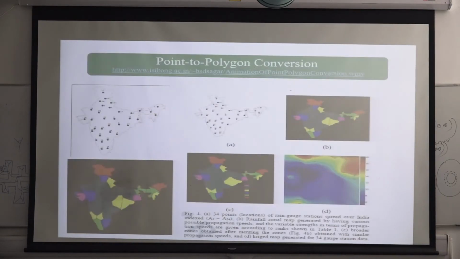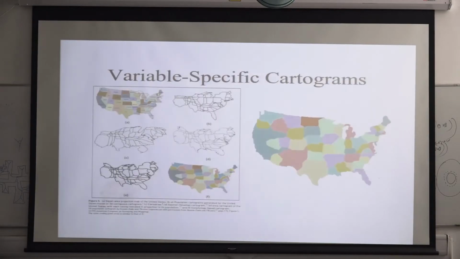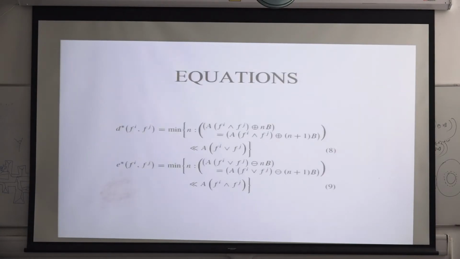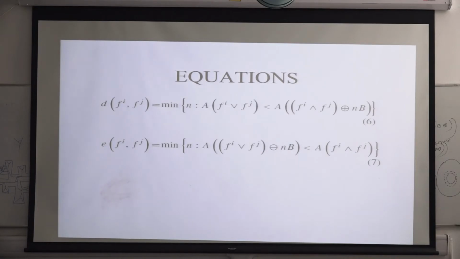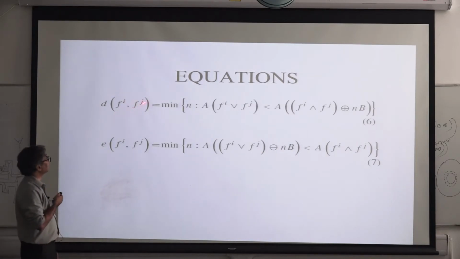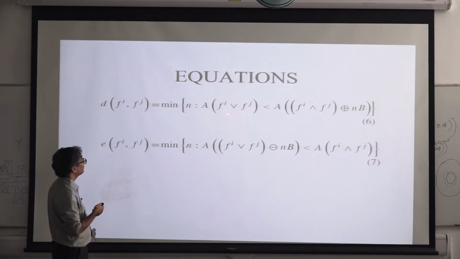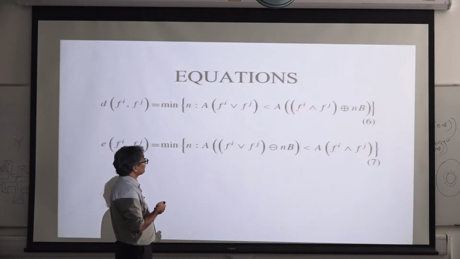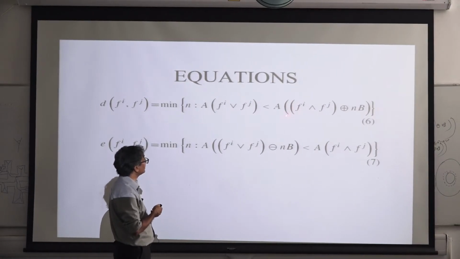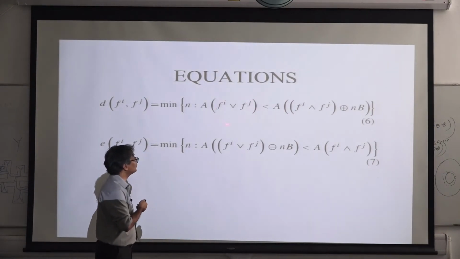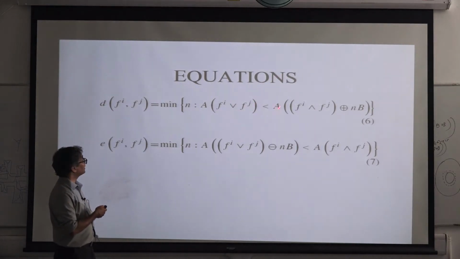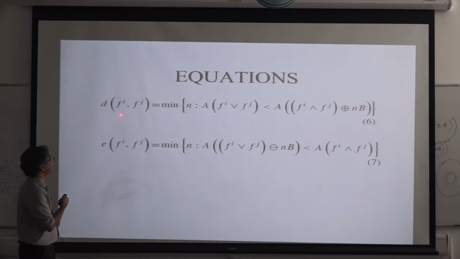And skis and weighted skis, probably let me skip. This is for visualization purpose mostly. And ranks for pairs of images. This is where we compute the distance between, let us say, Fi and Fj. We take the suprema of Fi and Fj, and compute the area. We take the infima of Fi and Fj, and we keep dilating that until the area of the dilated version becomes larger than the area of the suprema of Fi and Fj. So the minimum n required to satisfy that property is actually the distance between Fi and Fj.